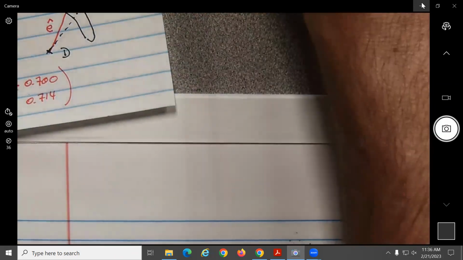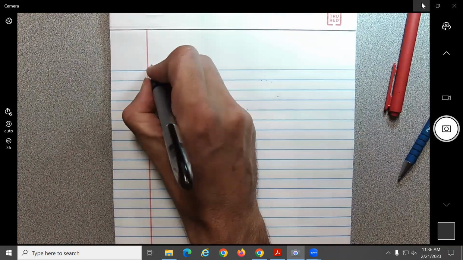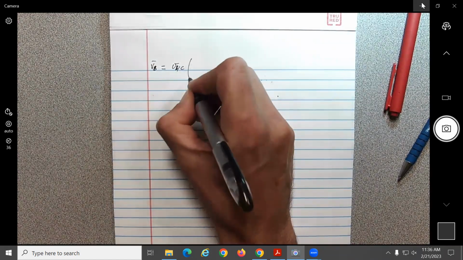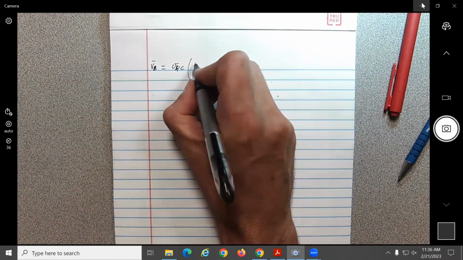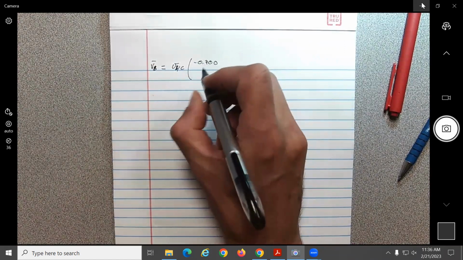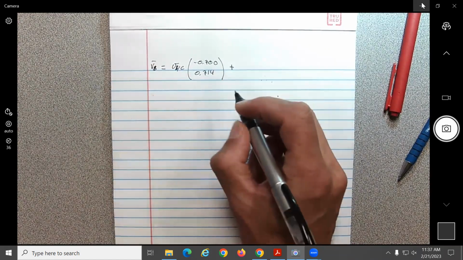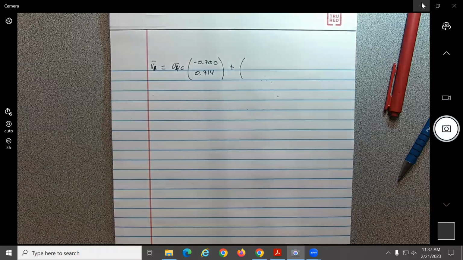So let me zoom out now. I'll try to write it a bit bigger. Let me zoom out more, so that's fine. All right, so here I am. So now this will give us that VB will be equal to magnitude B with respect to C. We know this would be negative 0.700, it will be 0.714 plus, if I do the cross product, I will get